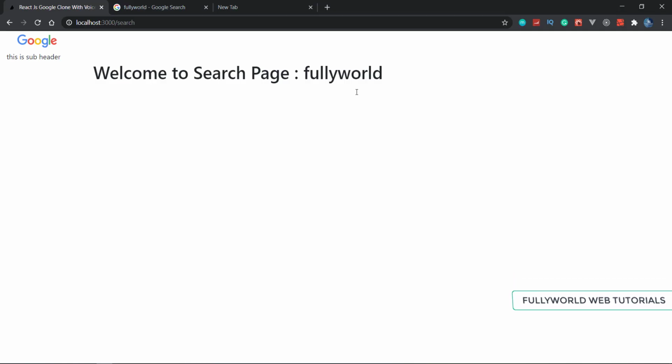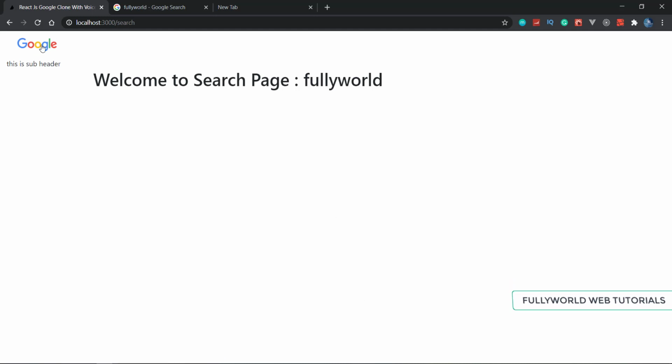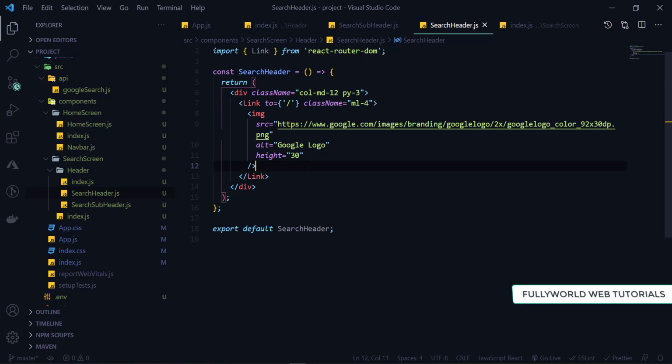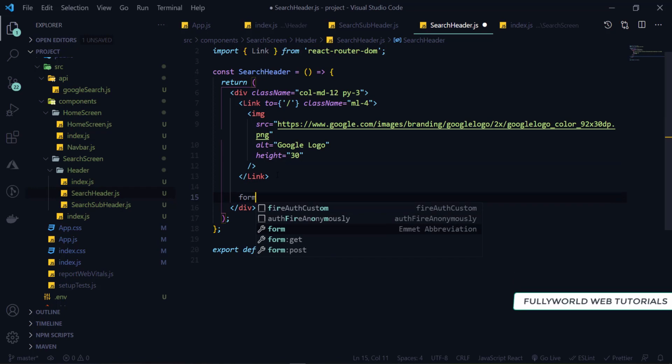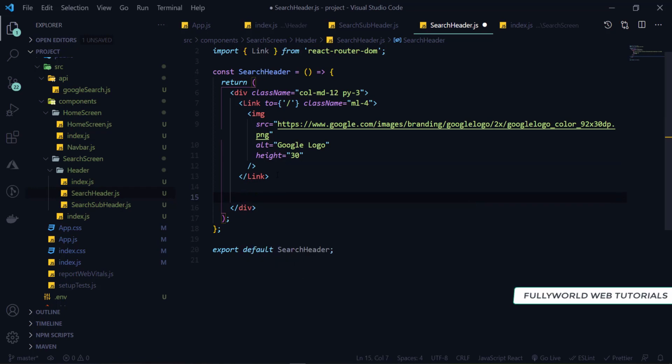Now we can apply our form here. So let's do that. Now here I'm going to apply our form. So here will be our form, and first of all we need our column also. So here I'm going to write col-md-8, that will be good, and here we want our form. So form will be there, we don't want any action and everything. So here we want form.